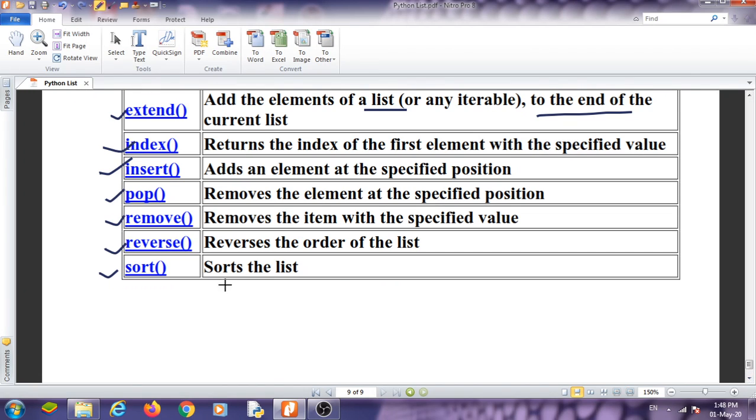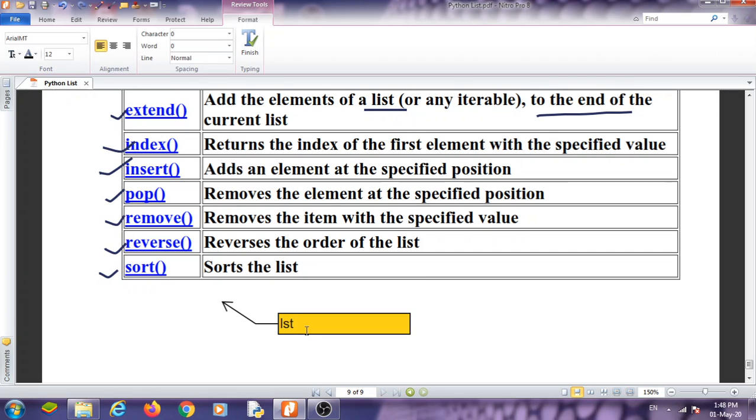We can use the sort function like this. For example, lst equal to 2 4 1 3 7 5. This is the list, and I want to print lst dot sort. It will sort the list in ascending order.